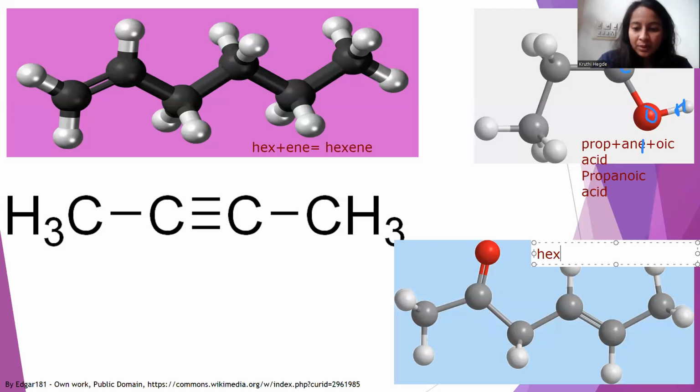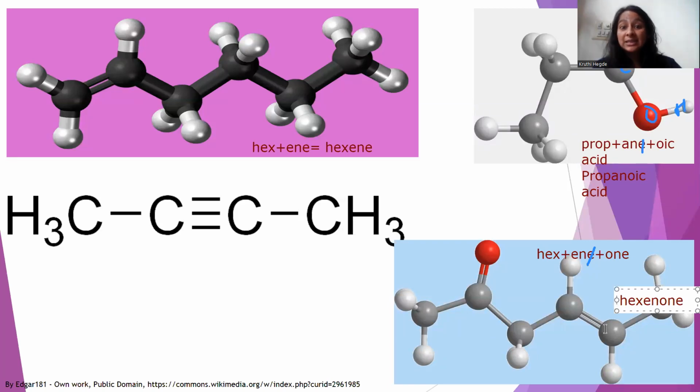So hex. Right? Next, carbon single bond or double bond? 1 single, double, again single. So since there is a double bond, it is ene. Right? Next, any functional group is there? Yes, here is a functional group, double bond O. Double bond O means C double bond O, that is for ketone, which is used as suffix ONE. Right? Now, I should remove this E from ene and add ONE. So it is